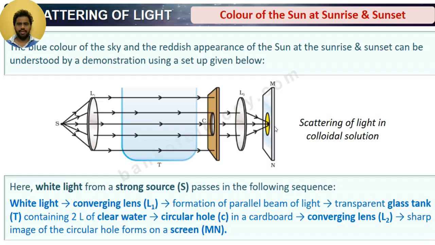The blue color of the sky and the reddish appearance of the sun at sunrise and sunset can be understood by a demonstration of a setup which is given below. Here, white light from a strong source passes in the following sequence. White light is passed, then there is a converging lens forming a parallel beam of light, a transparent glass tank T2 containing 2 liters of clear water, a circular hole in cardboard, and a converging lens L2, where a sharp image of the circular hole is formed